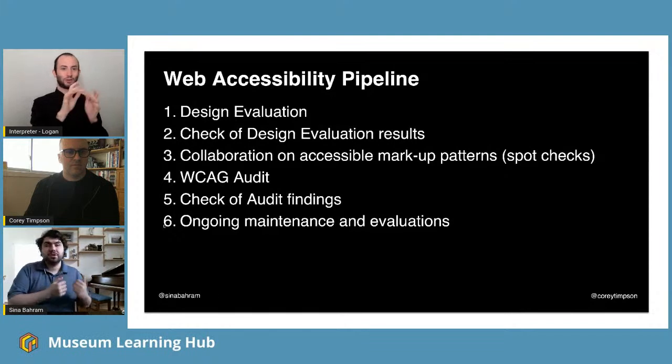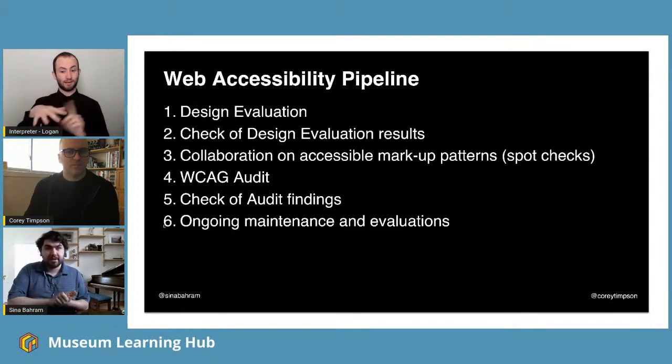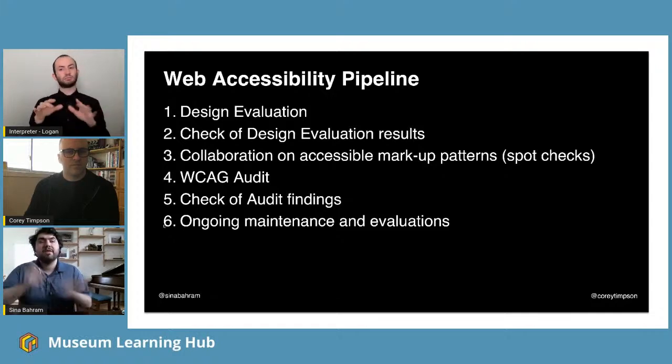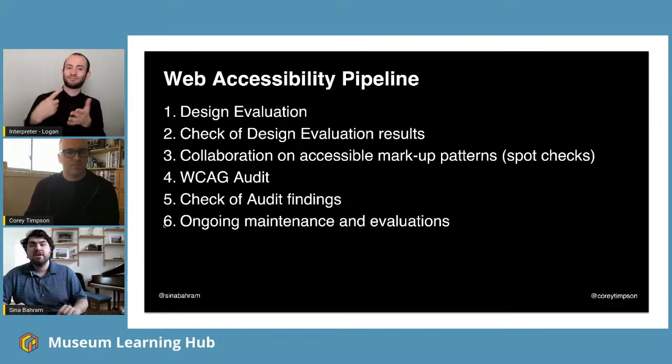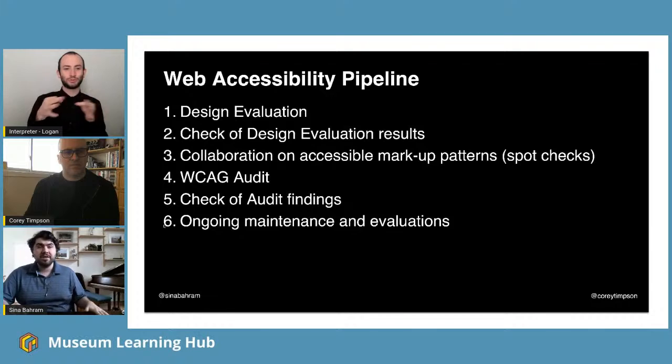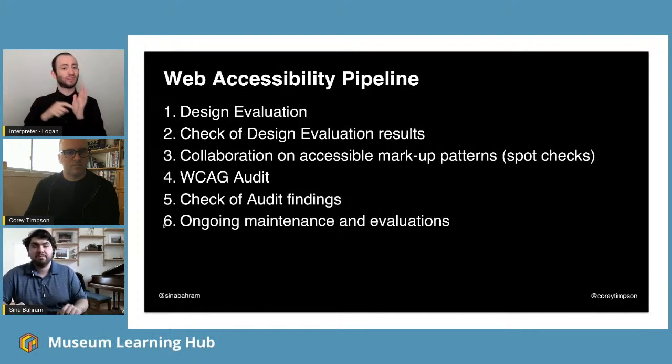Then we flow into content accessibility and really thinking about alt text and visual descriptions of images. The next workshop in this series is going to talk about visual descriptions and audio description in greater detail, followed by a WCAG audit, but only if it's required, because oftentimes if you follow these other steps, the audit is not worth it.